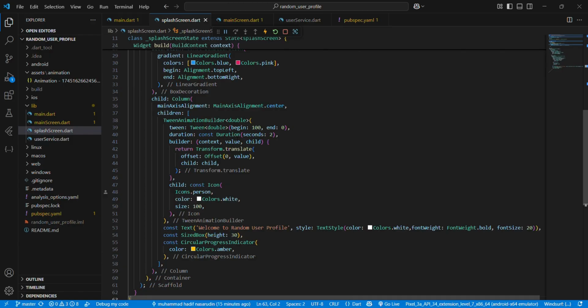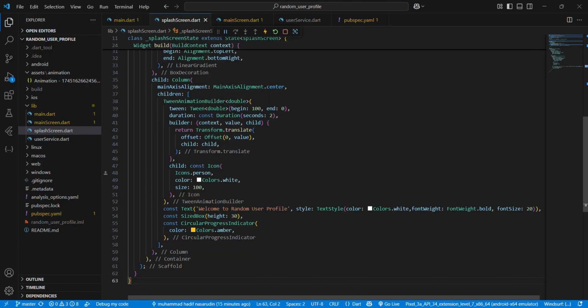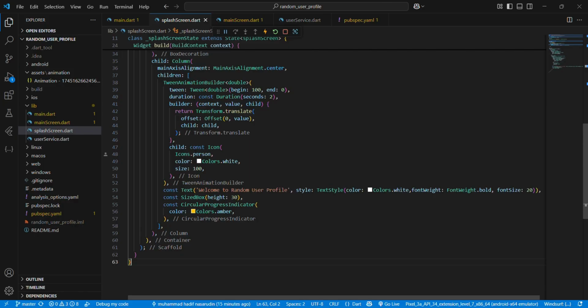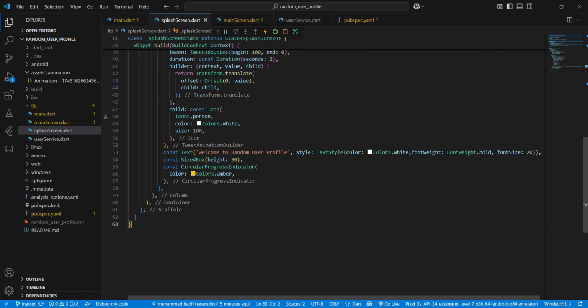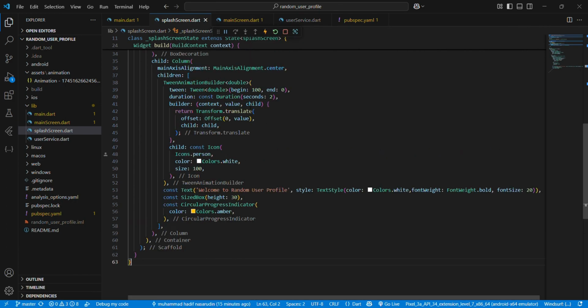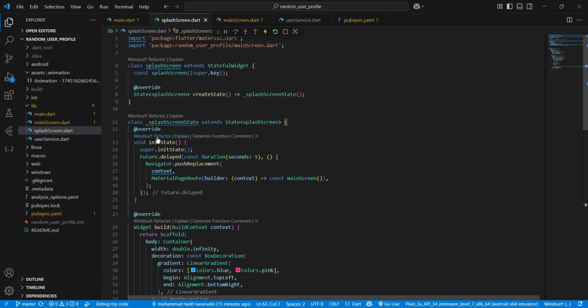Then it has the person icon in the splash screen. I also include the text "Welcome to Random User Profile" with a circular progress indicator. Okay, so that is for the splash screen, and then it will push like this.